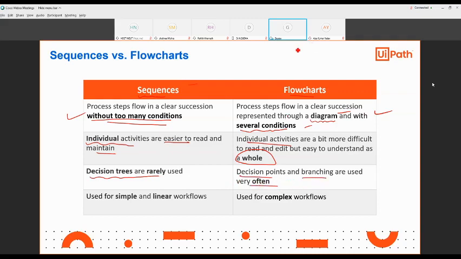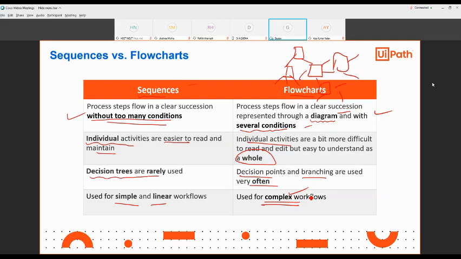We have seen in flowchart, generally this kind of structure is there. This is used for simple and linear workflow, and this is used for complex workflow where you want to represent it in an easy and nice way. There you can use flowchart. So this is very simple.